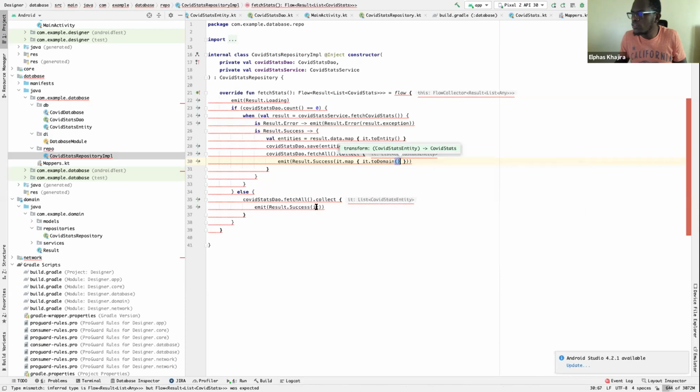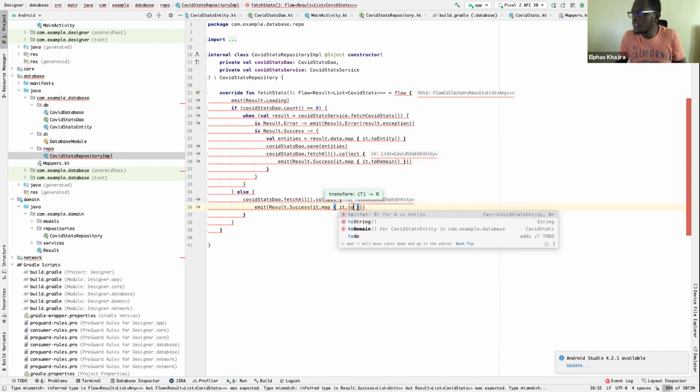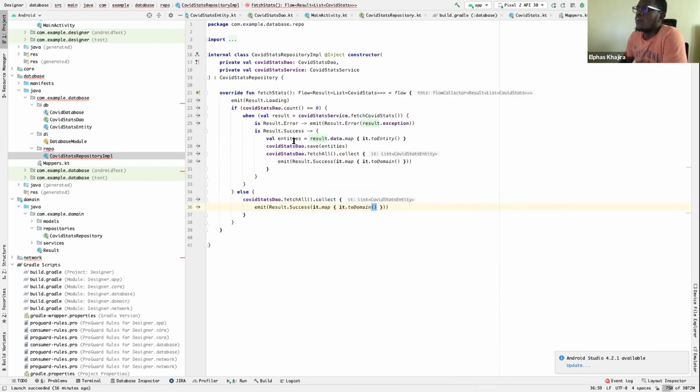And then also we need to do the same here. Map it dot to domain. Yeah, and that basically solves our problem. So anything that comes out of the repository has no idea about the details of the implementation of our database.